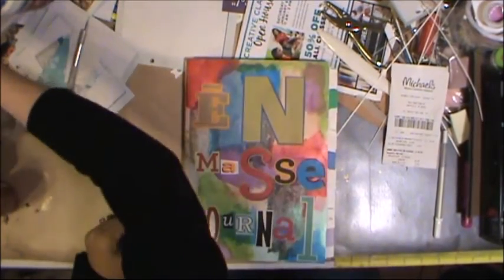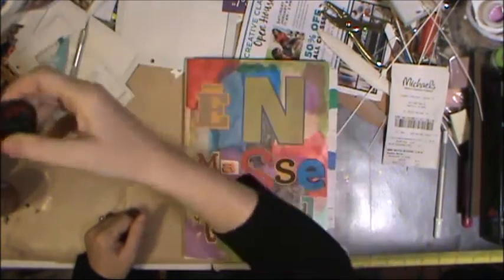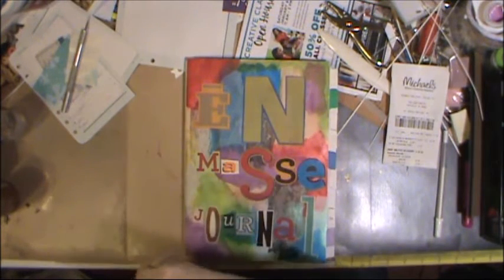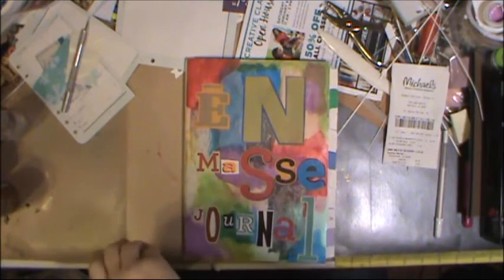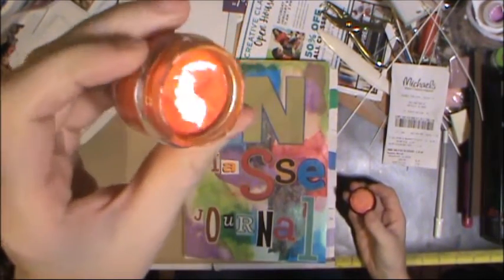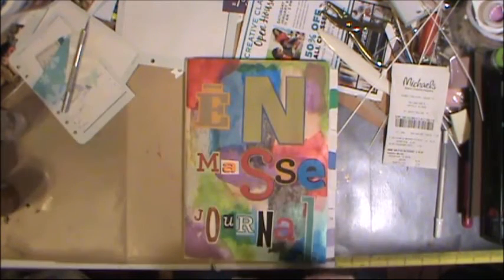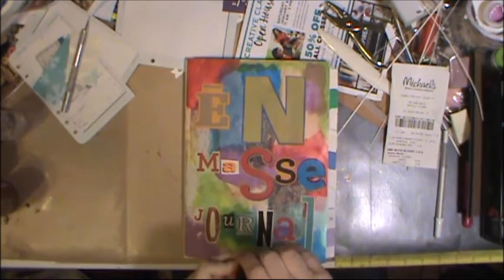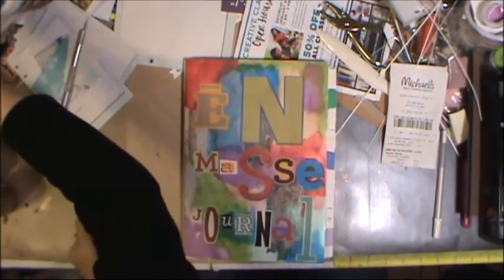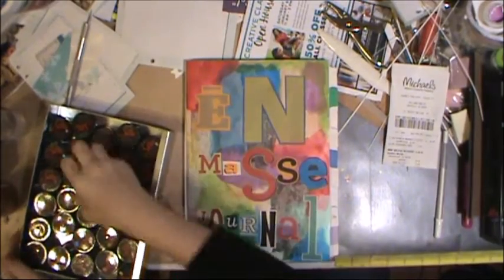what are these things called? Luminart silks. So I use those. By the way, I don't know if I've mentioned this before, but if you have these and you open them up, let me get one. They're supposed to be nice and a little bit thick, but they should be able to move. If you find out yours are chunky, not solid, but really thick, add airbrush medium to it and let it sit for a while, and it should help reconstitute your